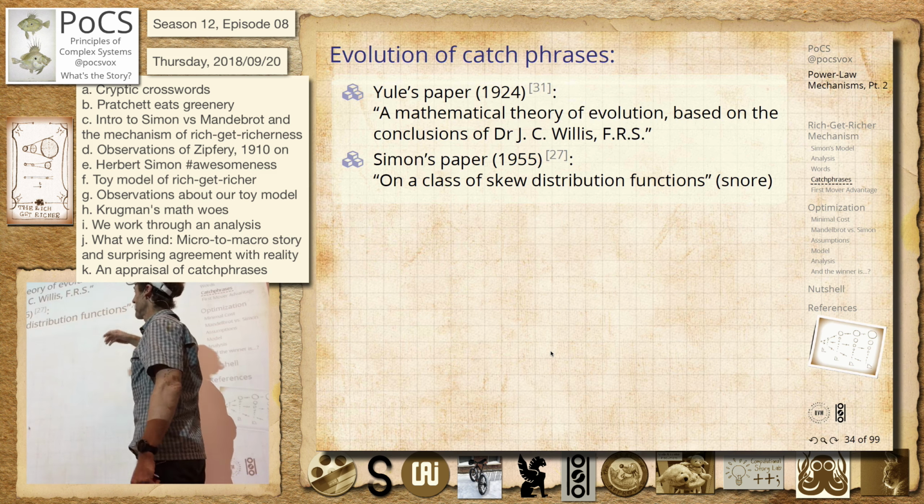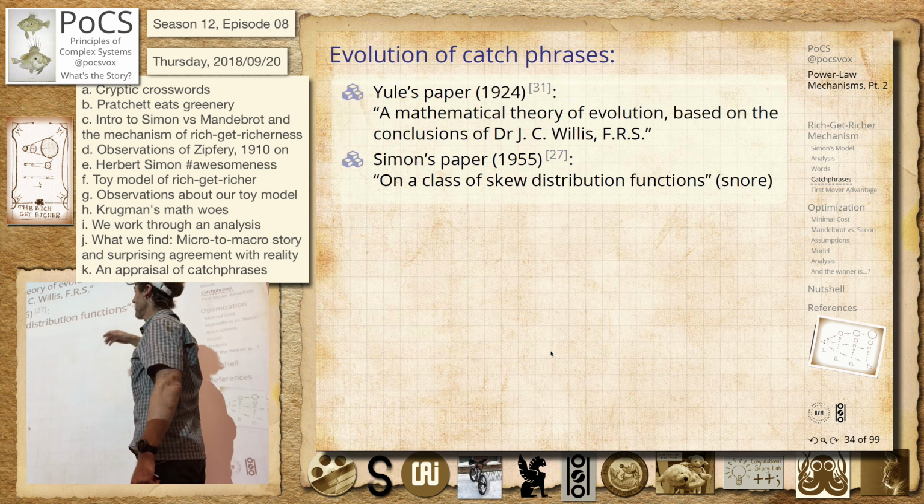But his introduction was good, right? The purpose of this paper is to analyze a class of distribution functions that appear in a wide range of empirical data, particularly data describing sociological, biological, economic phenomena. No Oxford comma, but we'll forgive him. Its appearance is so frequent, the phenomena so diverse, that one is led to conjecture that if they have any property in common, it's going to be in the structure of the underlying probability mechanisms, right? This is going to be a very simple little mechanism that will have variations, different flavors, but we have to draw back to something really basic.